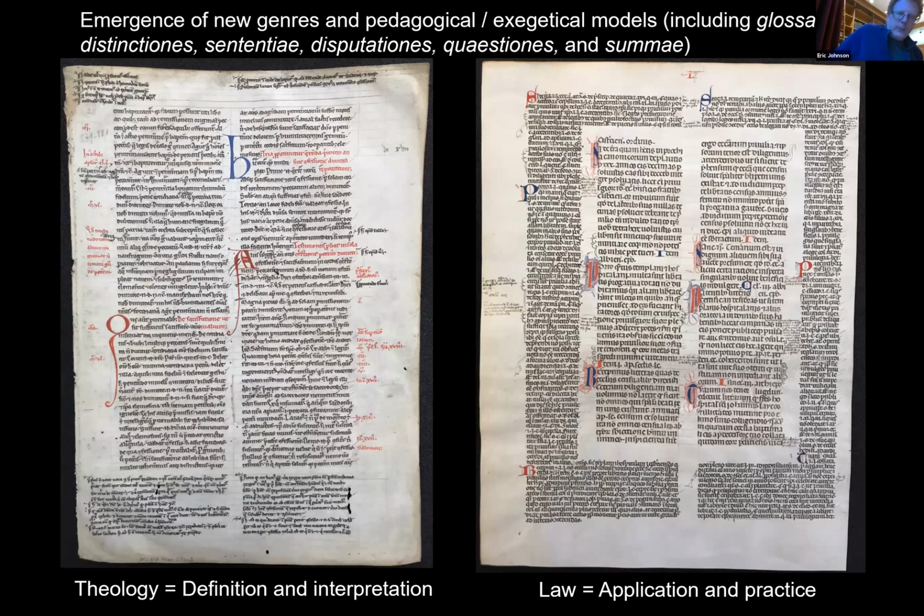And right here, I just have a couple pictures that might look familiar to you. Both of these have been featured in in-person sessions in some of our earlier class sessions. We've got a theological manuscript on the left. This is Peter Lombard's Sentences, complete with critical apparatus around it, commentary, footnotes in the margins that are citations to authority. And then on the right, we have Gratian's Decretum. So this is canon law, and we've got the core text in the middle with commentary